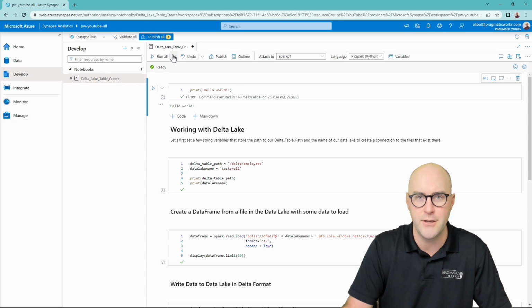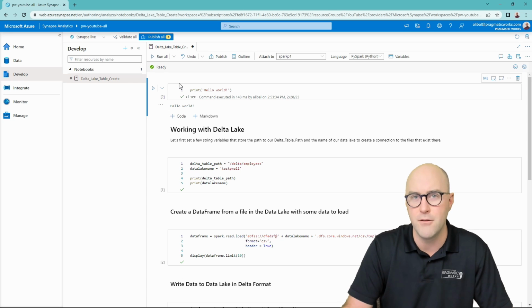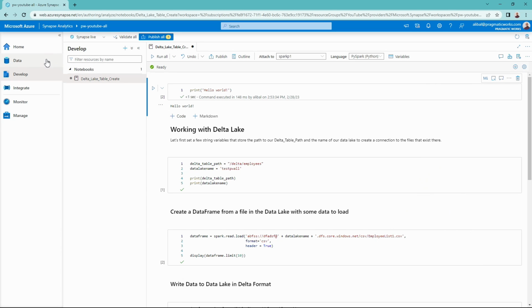It is in what I just called a CSV directory, and I'm going to create a new directory called Delta in the run of this notebook here. So let's go over to our Synapse data lake, and then we'll work with that data and write it to a Delta table. All right, so I'm going to go over to my data hub,